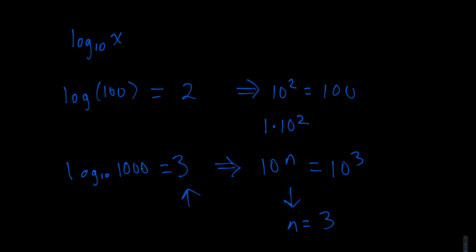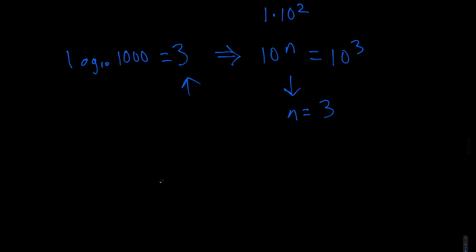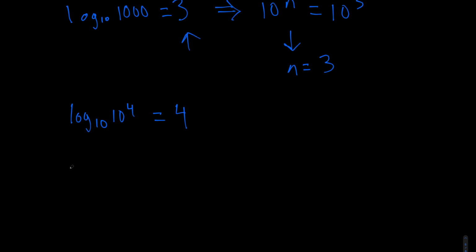And so that's what this is. Again, it's how many magnitudes or multiplications of 10, what power or exponent of 10 do I need to be able to get this number. So all logarithms are, again, is magnitudes. For the logarithm of 10 to the 4, obviously that's 4. And if we want to do a negative exponent, however, log base 10 of